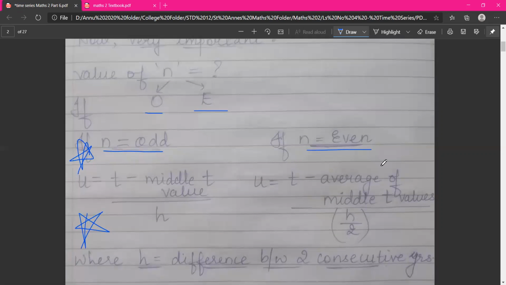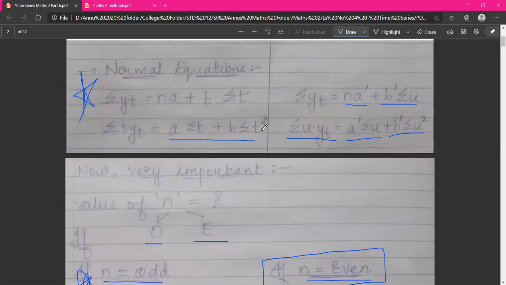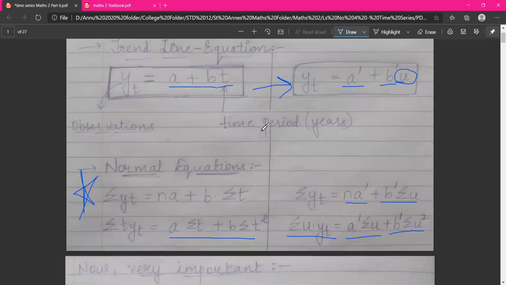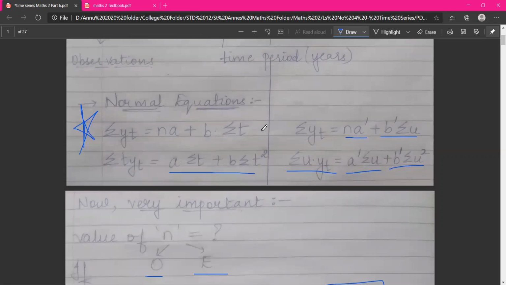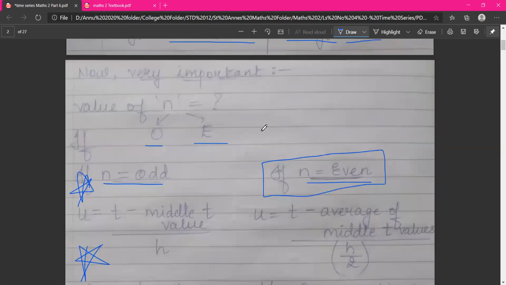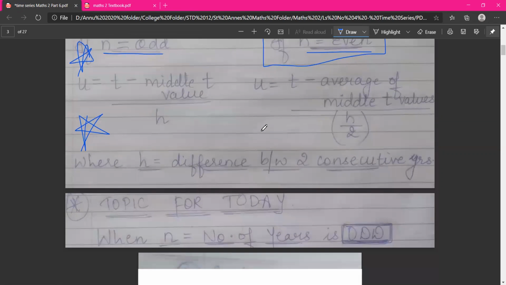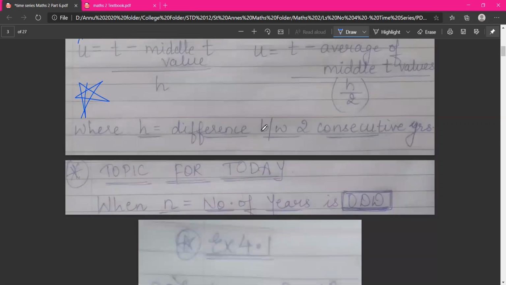जब n is equal to even रहेगा, this I am not teaching you all today. Don't worry. जब हम ये section करेंगे, that time I'll explain you all. The पूरा रामायण will remain the same for even. खाली थोड़ा सा u का formula बदल जाएगा. So अभी I hope सब कुछ दिमाग में नहीं गया होगा, but कुछ तो समझ में आ गया होगा आप लोगों को what we are gonna start today.